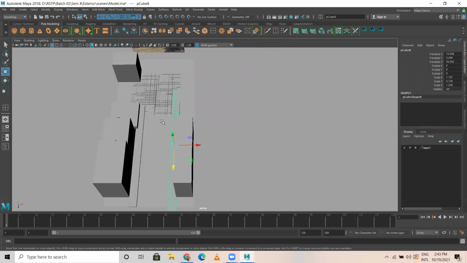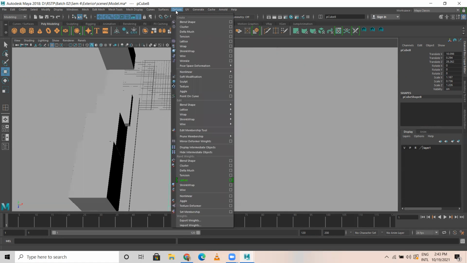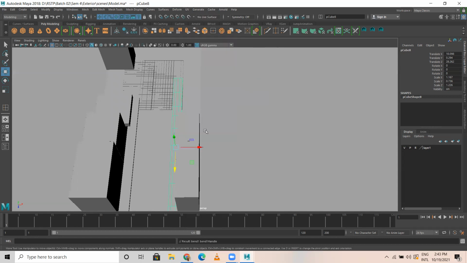So to bend, what I have to do is, we have deformers. Go to deformer, make sure history, everything is deleted. There are non-linear deformers. You have bend. You guys remember in the last time we have seen this, in a basic stuff. So if you have forgotten, these are the deformers which we use for modeling purpose. You have to select the model, make sure history, everything is deleted, go to deformer. In that non-linear, I'm selecting a bend.